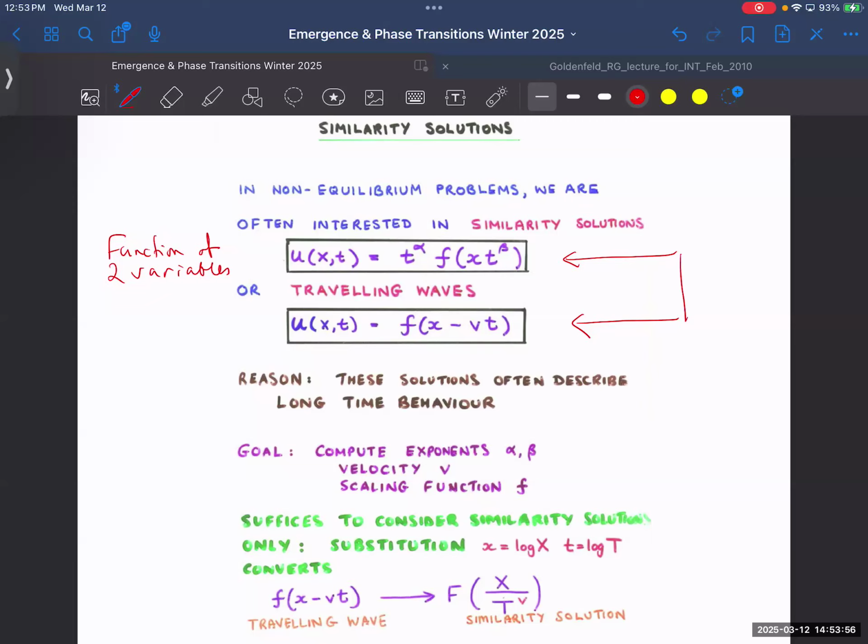And these things here are functions of one variable. Right? So it's a function of x over t to the beta. It's a function of x minus vt. And this function of one variable is exactly analogous to the data collapse scaling